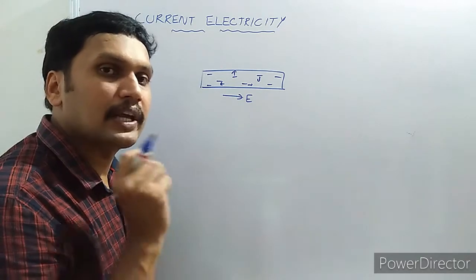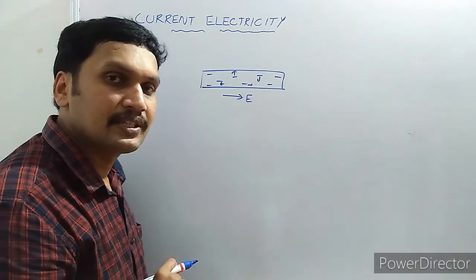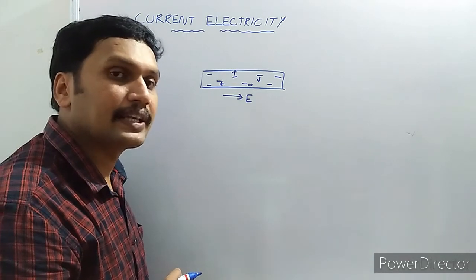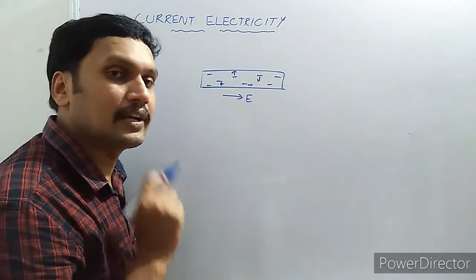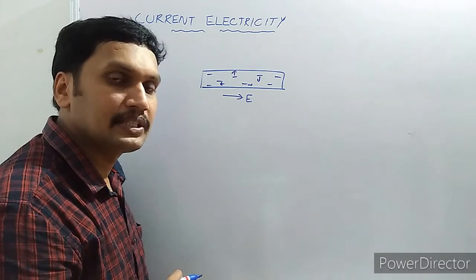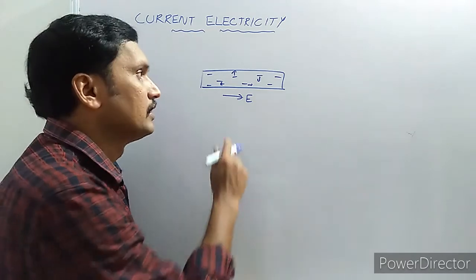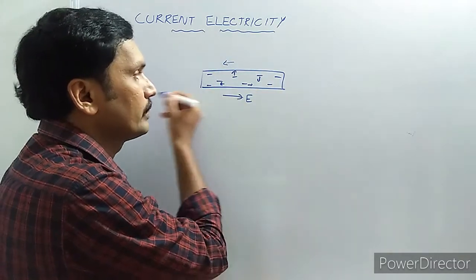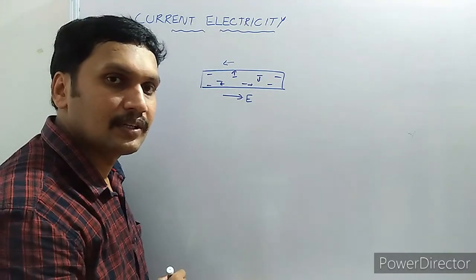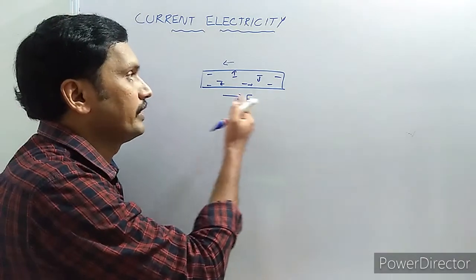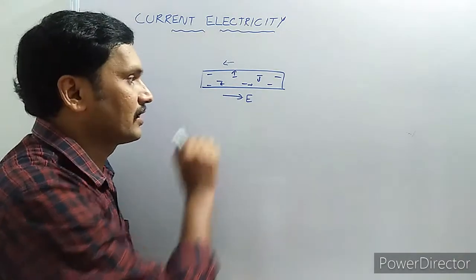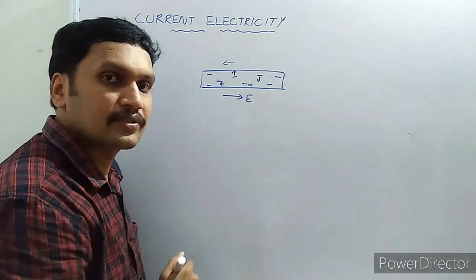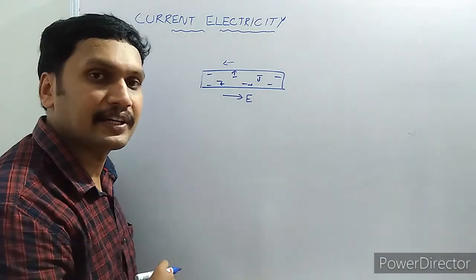We know that all the electrons experience a force opposite to the direction of the electric field. So what happens? They get accelerated, and all the electrons move in the same direction, opposite to the electric field. Now the direction of the electrons is changed. All electrons are trying to move in the same direction. Now we can say some current is flowing through that conductor. Under the external electric field, all the electrons start moving in the same direction. So we have an electric current in that conductor.